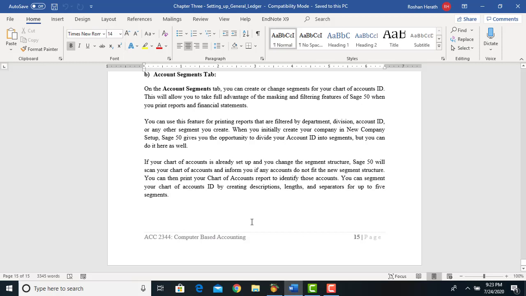This will allow you to take full advantage of the masking and filtering features of Sage 50 when you print reports and financial statements. The benefit of this account segmentation is that once you do a proper segmentation, it will help you with the generation of different information by way of different reports. So when it comes to, for example, the generation of financial statements, here we can see,